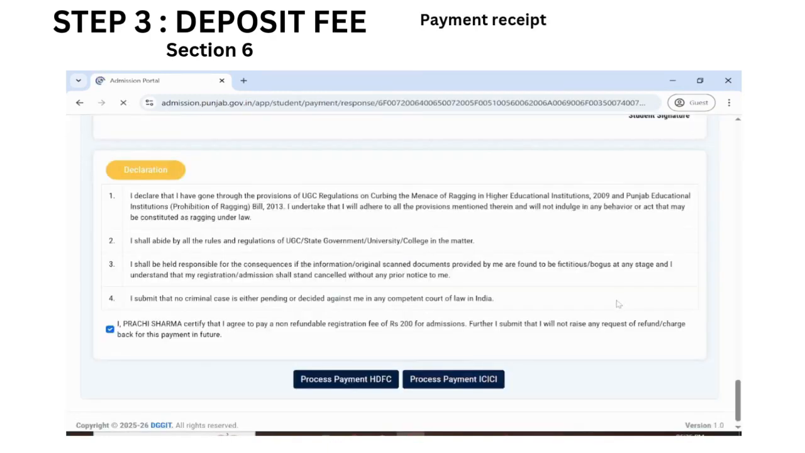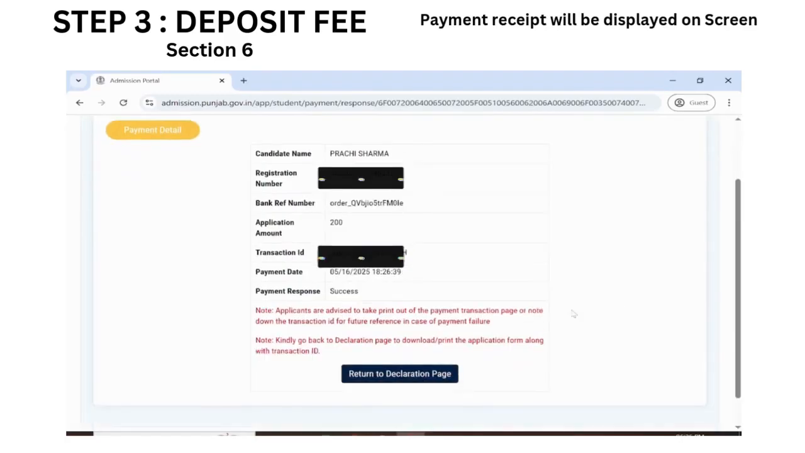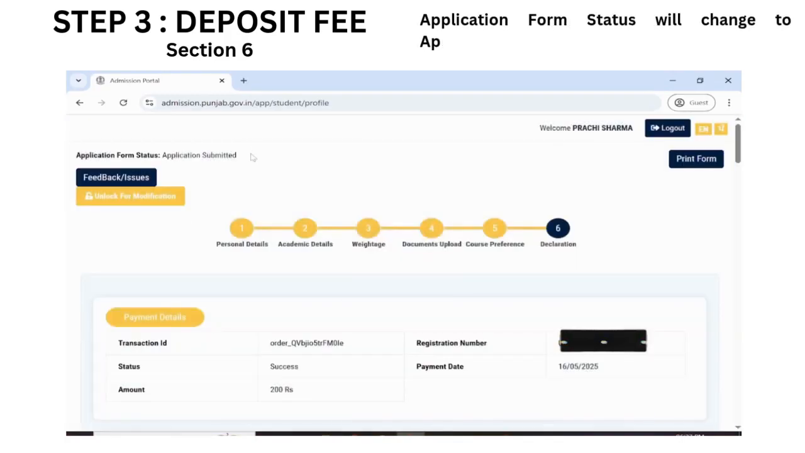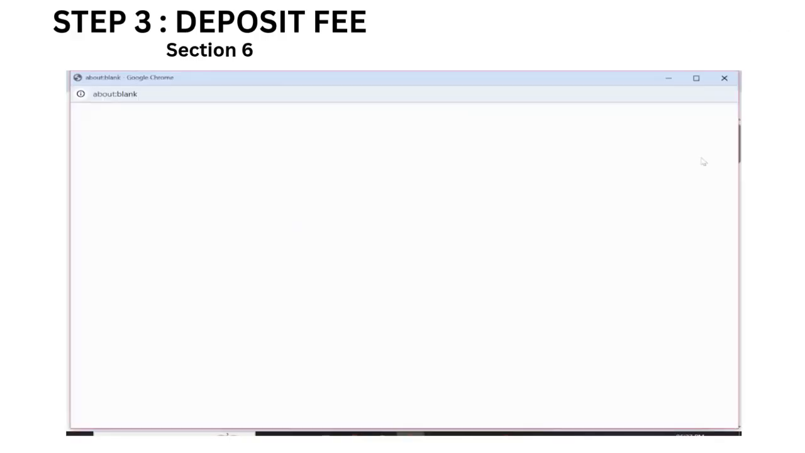Return to declaration page. Your application status will show submitted. Print your form or save as PDF